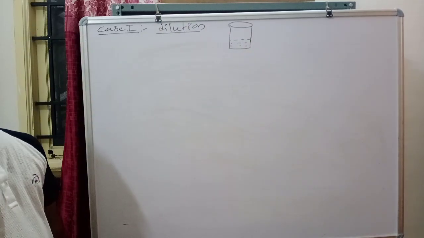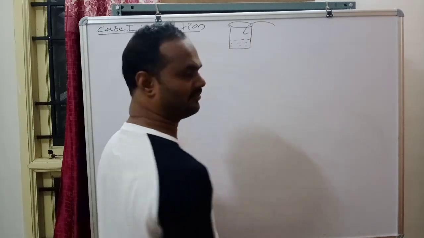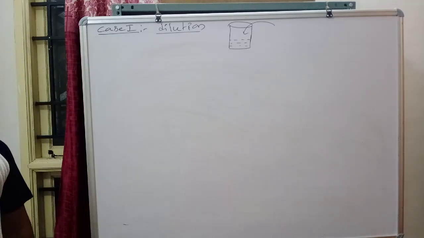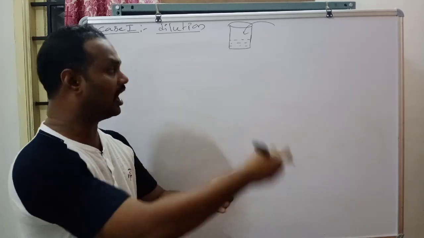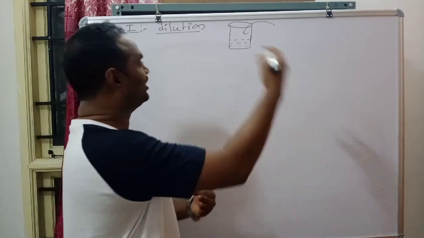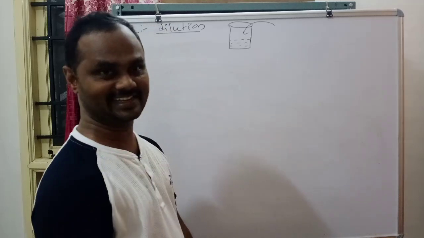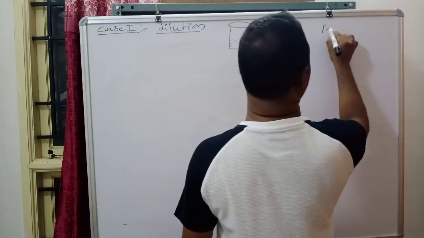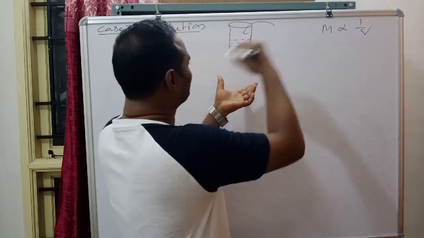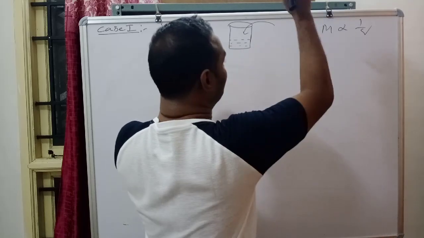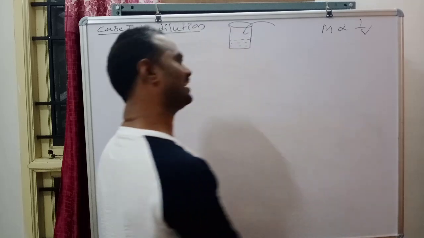For a concentration solution, if you add some amount of solvent, such a process is called dilution. On dilution, meaning on addition of solvent, no doubt its concentration keeps decreasing. We already know molarity is inversely proportional to volume. On addition of solvent, volume increases, and volume increases means molarity decreases.